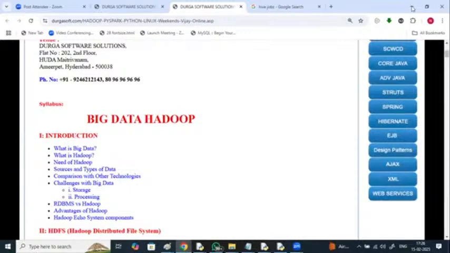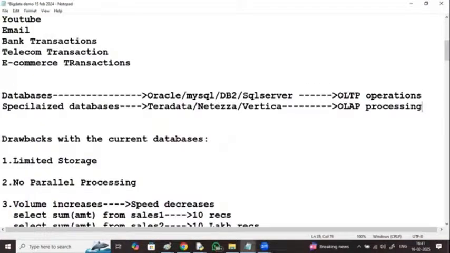There are two types of applications. First one, online applications.